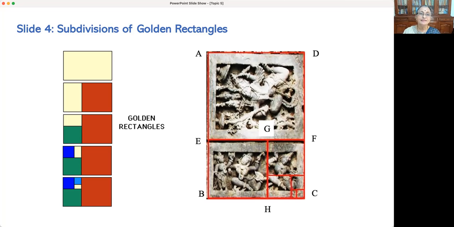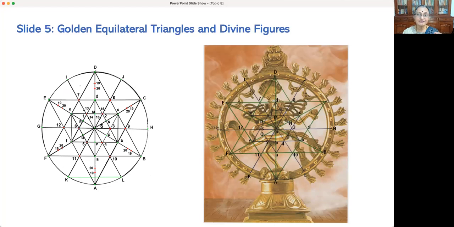For example, the figurine GHFC is proportionately sculpted such that key anatomical parts appear at the precise location of golden rectangles. The navel region, the knee, the length of the legs in sitting posture all appear at the intersecting lines of the golden rectangle. Let's now study in slide 5 how golden equilateral triangles were used in the construction of